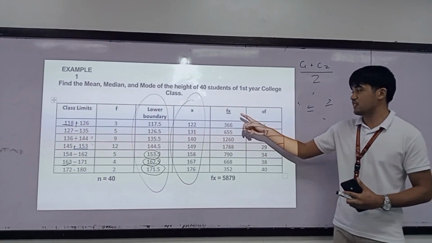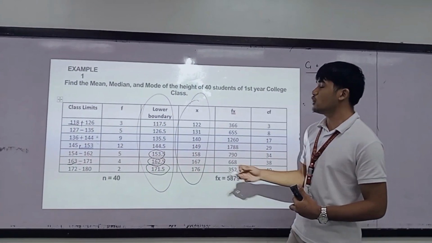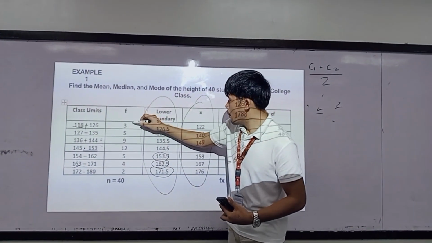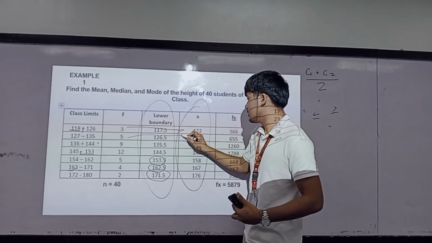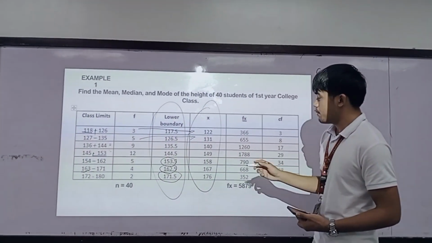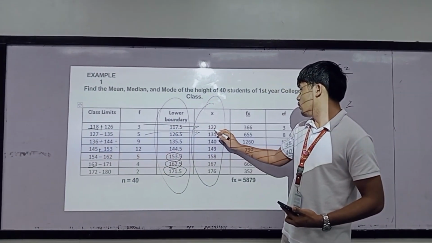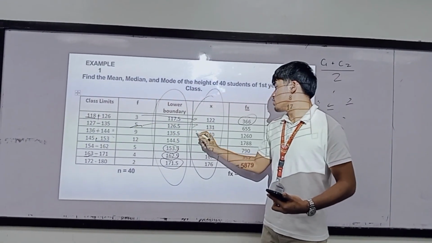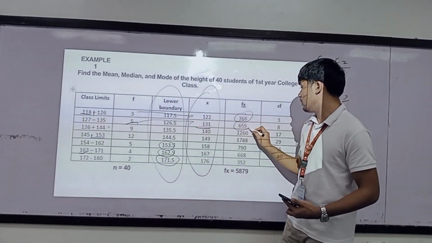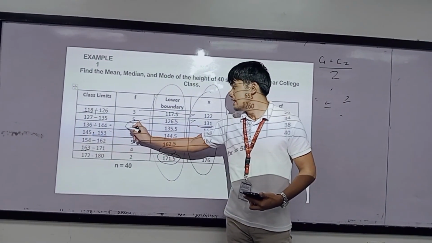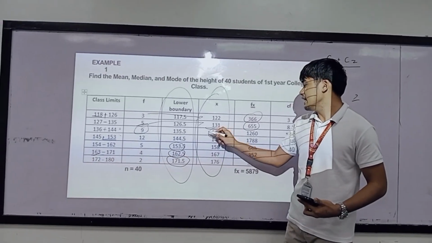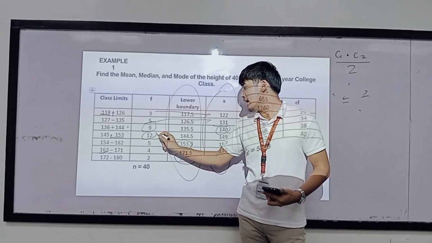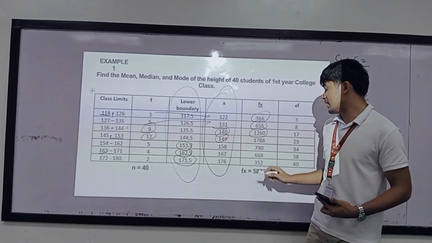The next one is the f times x. So specifically, since you have already your frequency and your class marks for the x, then you will just simply multiply this one to this one. Okay. So 3 times 122, then we can get the value of 366. And then 5 times 131, then we can get the value of 655. And then 9 multiplied by 140, then we can get the value of 1260. And then 12 times 149, then we can get the value of